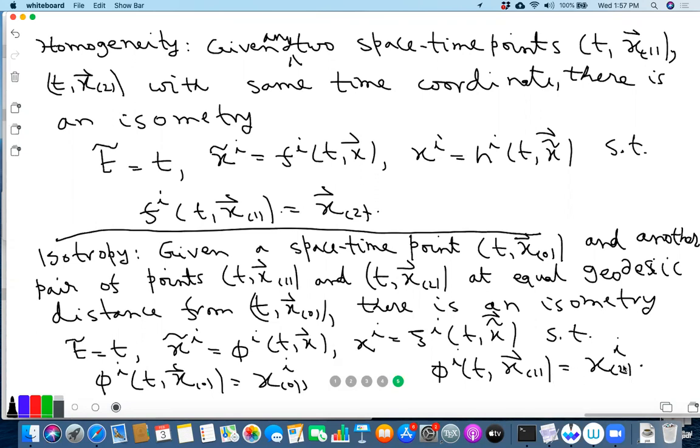So intuitively we can see why this refers to isotropy, because it says that the space-time should look the same in all directions. So you fix a point and you look at different directions. You see two points at equal distance in two different directions, and in order that the metric looks the same in all directions, there must be an isometry that moves those two points to each other without changing the original point where you are sitting. So this is the technical definition of what we mean by a homogeneous and isotropic space.